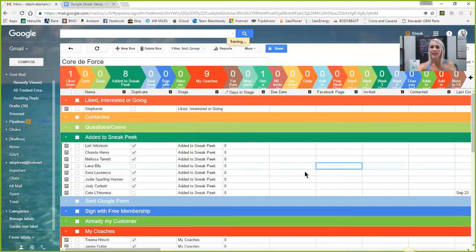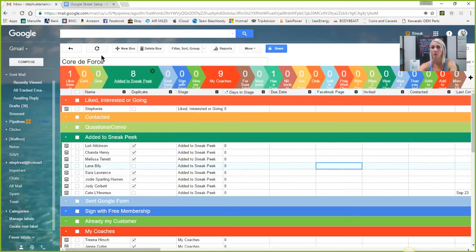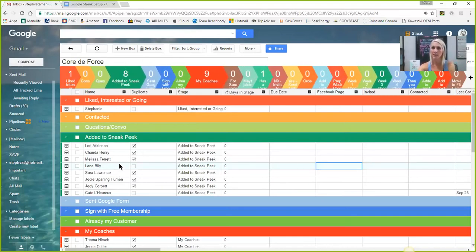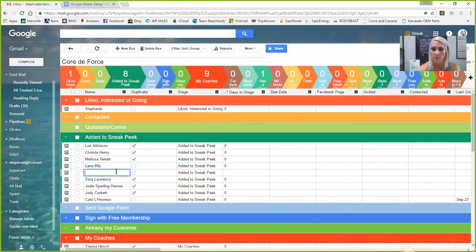So I can't move, let's say my coach, or we'll use Dave, my husband. Let's say he's in my coach pipeline, and I want to keep him there because I want to know he's a coach on my team when I'm looking through my coaches and seeing how many emeralds I have and how many diamonds and how many inactive and whatever. I need to see that, and I don't want to move him out of there. But he wants to be in the quarter force sneak peek, right? So what I do is I create a new box for that person,